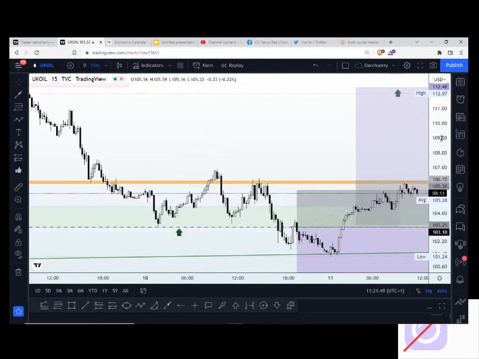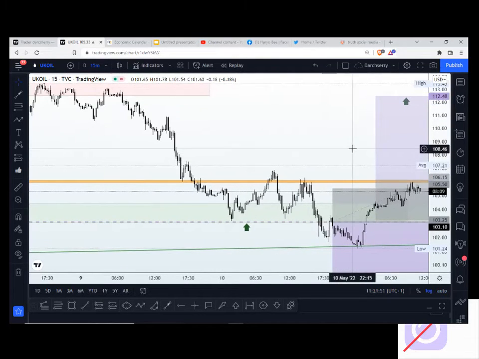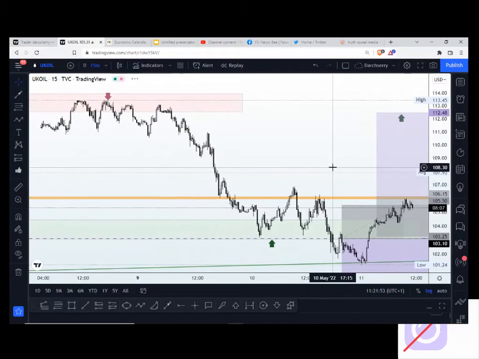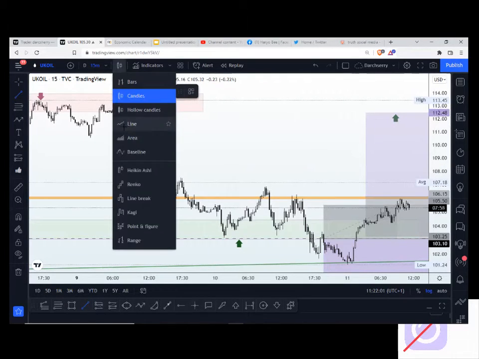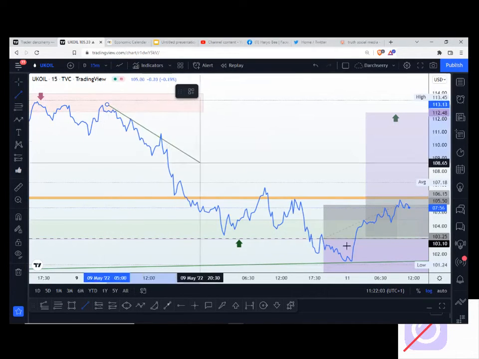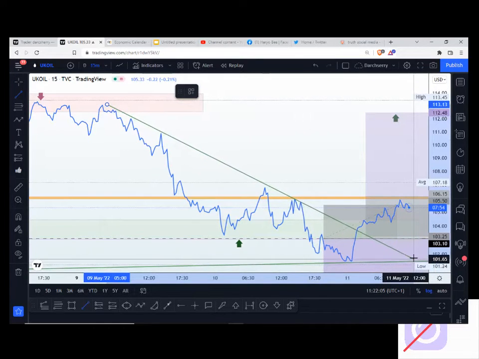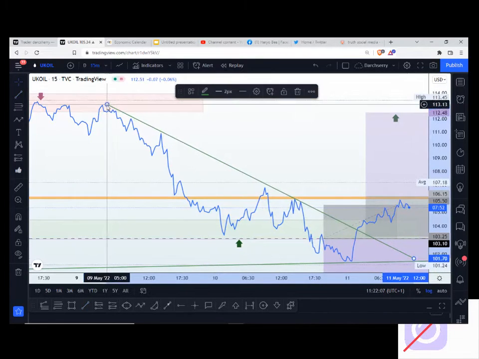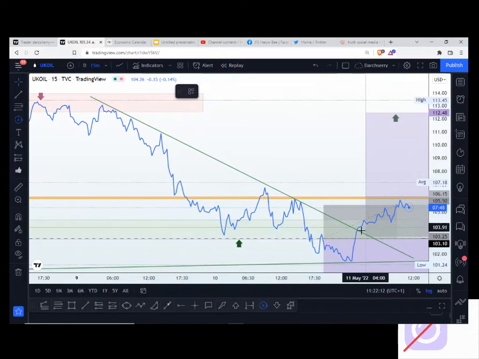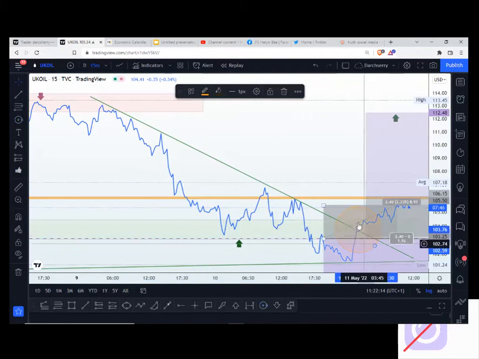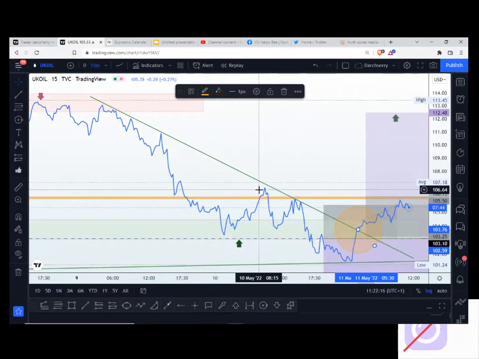So on the much lower time frame, that's the 15 minutes time frame, we have a bearish trend line, and that's right on that impulse leg we identified on the higher time frame. We have a bearish trend line, something that looks more like this, and we have that breakout of structure around this area, giving us a signal that the bullish momentum,